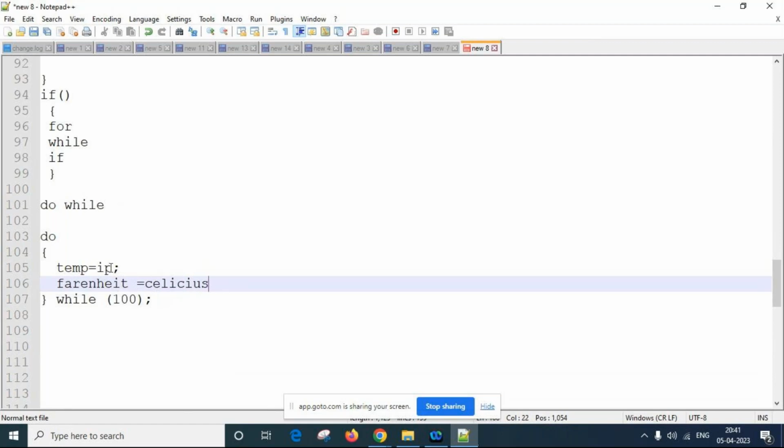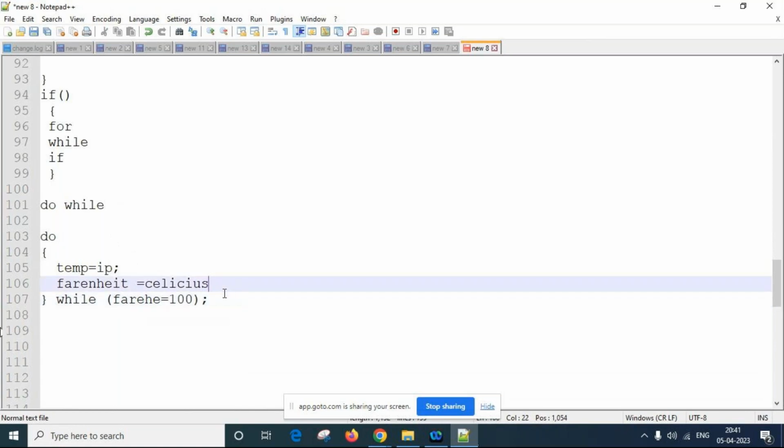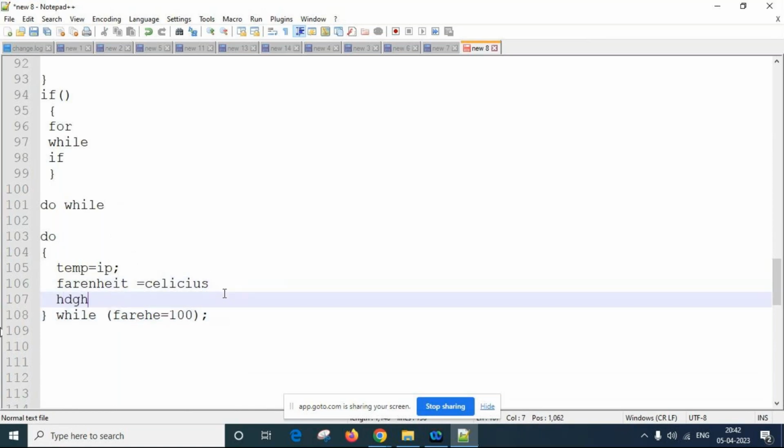We are giving an input in Celsius and converting into Fahrenheit. If the Fahrenheit value is more than 100 degrees, then the condition will be given again in the loop continuously, so that as long as Fahrenheit is over 100, some process will be executed continuously. We can take it like that.